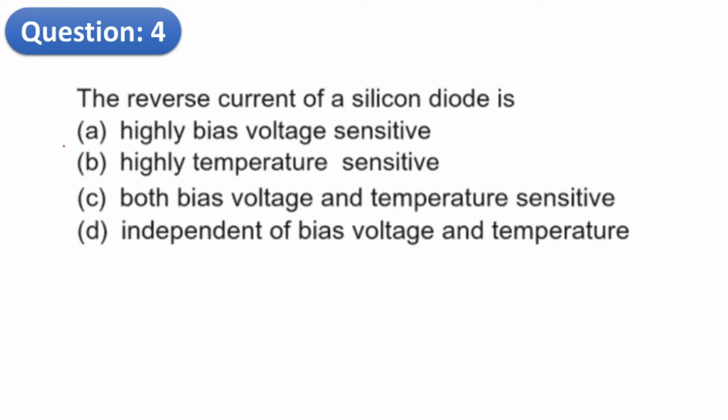Okay, next, the reverse current of a silicon diode is, options: highly bias voltage sensitive, highly temperature sensitive, both bias voltage and temperature sensitive, and independent of bias voltage and temperature. Okay, so this reverse current of the PN junction diode is actually independent of bias voltage, and this is highly sensitive to